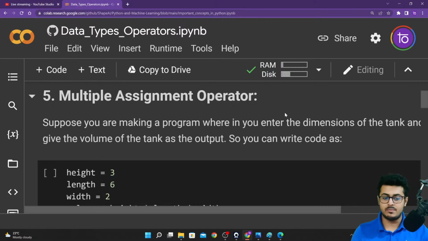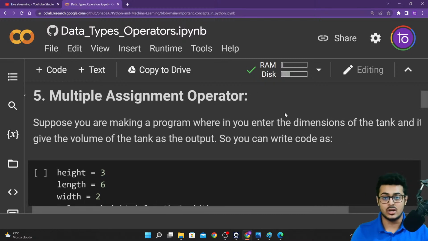Now, one of the best things with Python is its ease of use and how it helps you do a lot of different things with less code when compared to other languages. When you compare it to C++ or Java or JavaScript, the same thing that needs 5-6 lines of code in these languages can be done in Python in 1 or 2 lines of code itself. So it makes your entire code very concise and very easy to understand as well.